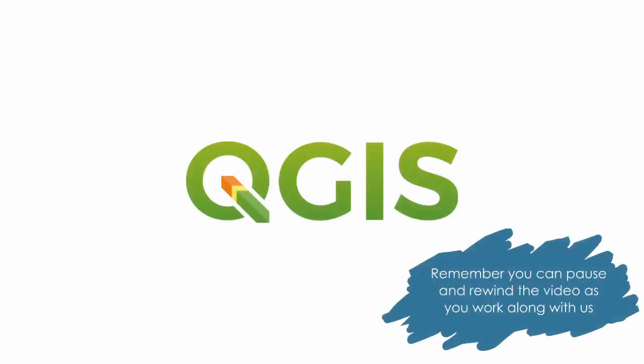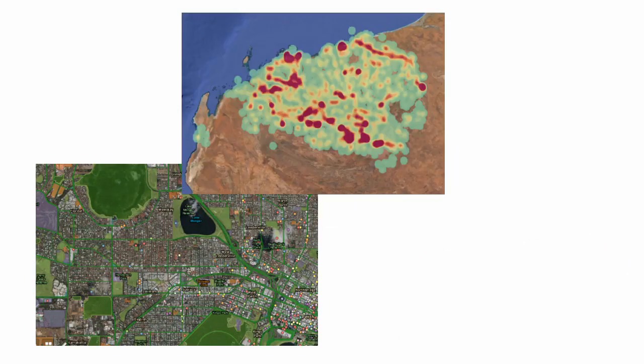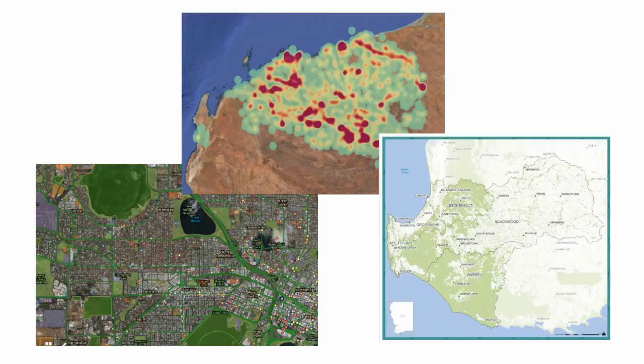QGIS is an open source geographic information system, or GIS, that allows people to make maps and view various forms of geographic information. During the course you will learn tasks to import, interrogate, edit, create, visualize, geoprocess and export data. In this video we'll be focusing on familiarizing you with QGIS and the basics, such as how to save your data correctly, add data, and so on. If you're already familiar with QGIS, you may wish to skip ahead to the folder structure or even move ahead